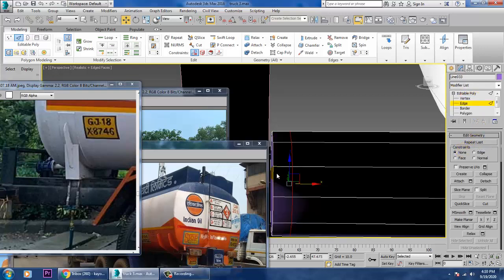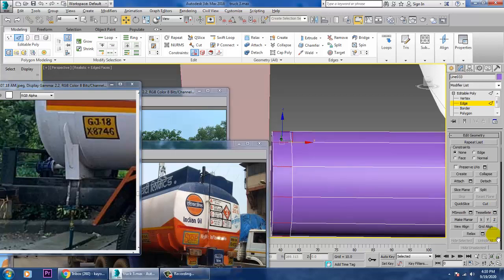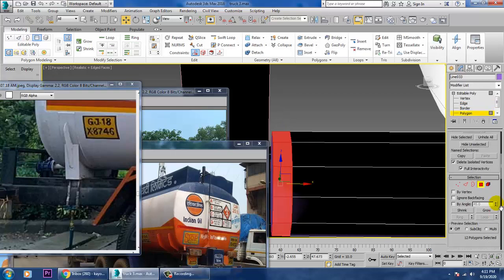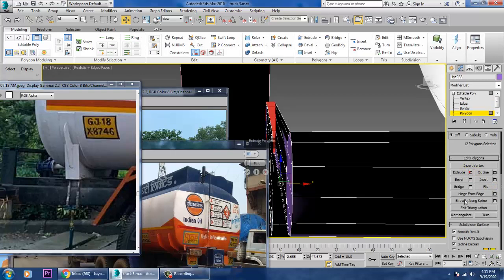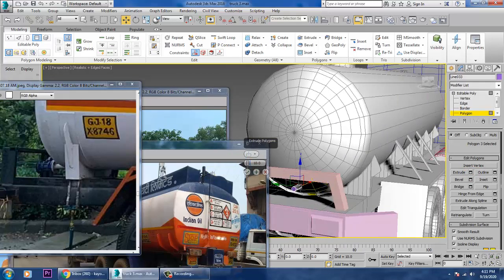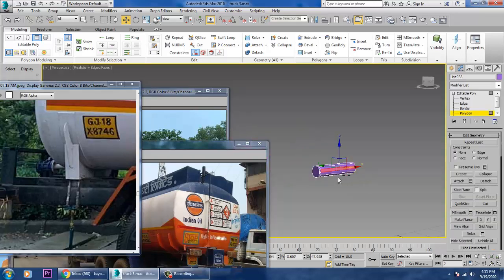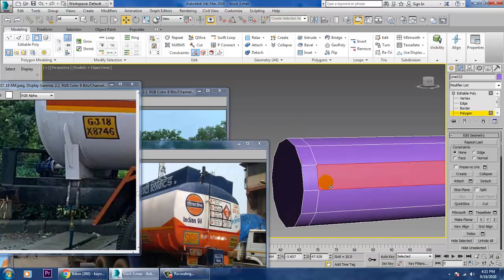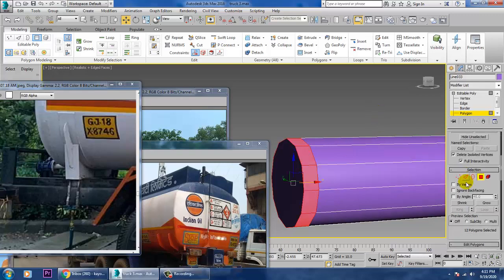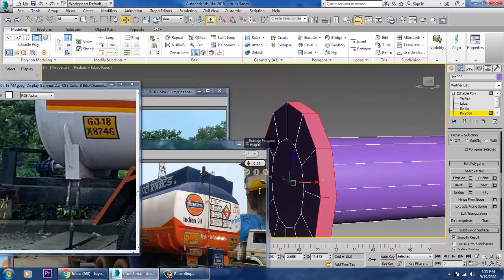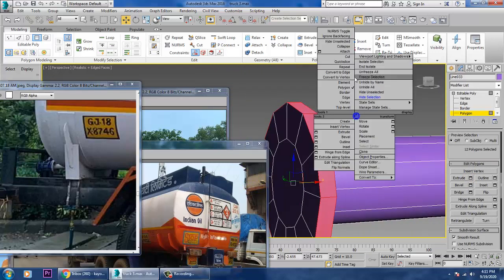Select the edges, ring it, Ctrl and click on the polygons, and click on extrude by local normal. Select the edges, ring it, extrude it, reduce the size like this and isolate.